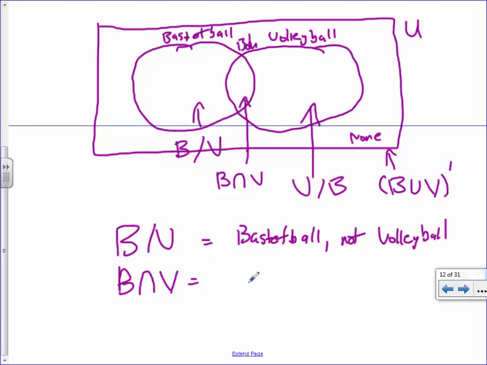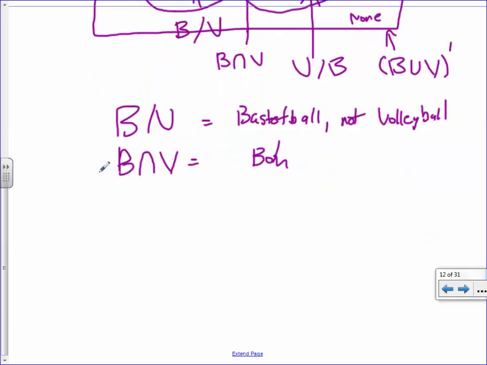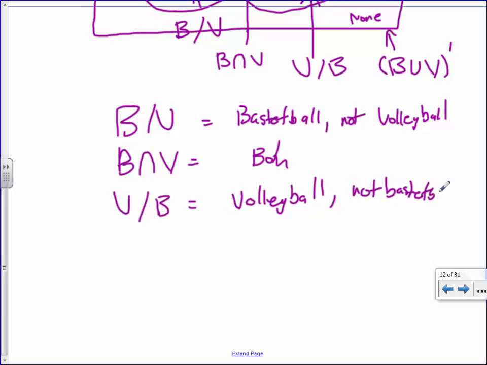B∩V would be both basketball and volleyball. V/B would mean volleyball only, so not basketball. And then the last one's the hardest one to write out. It's (B∪V)′,